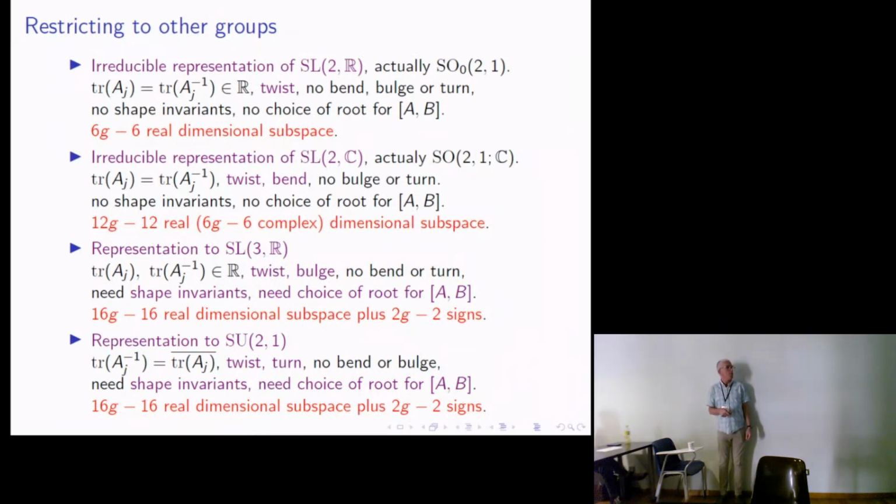We need the shape invariance, we need the choice of the root, and so what happens is somehow in the middle we have the Fuchsian groups, and we have all of these in this sort of 6g minus 6 real space, and we have all these other parameter spaces that are effectively linear subspaces or linear graphs over linear subspaces, all sitting in my big space. And so now I could potentially pass from one to the other without going through the Fuchsian locus. There's lots of interesting things yet to be discovered there.